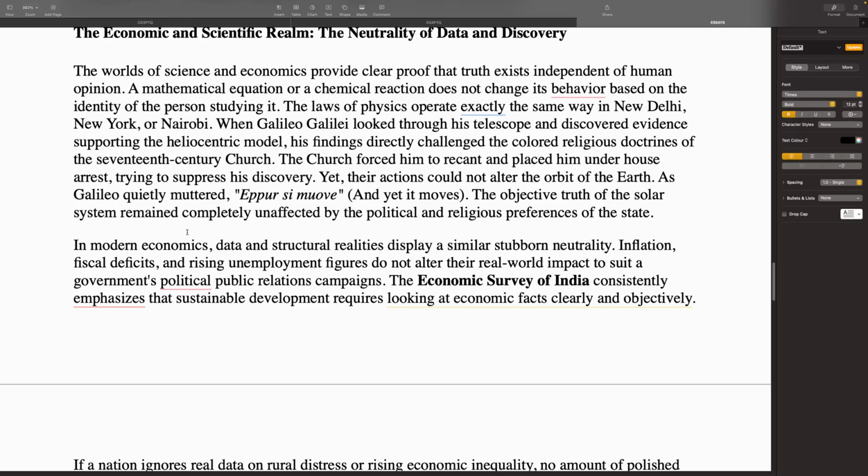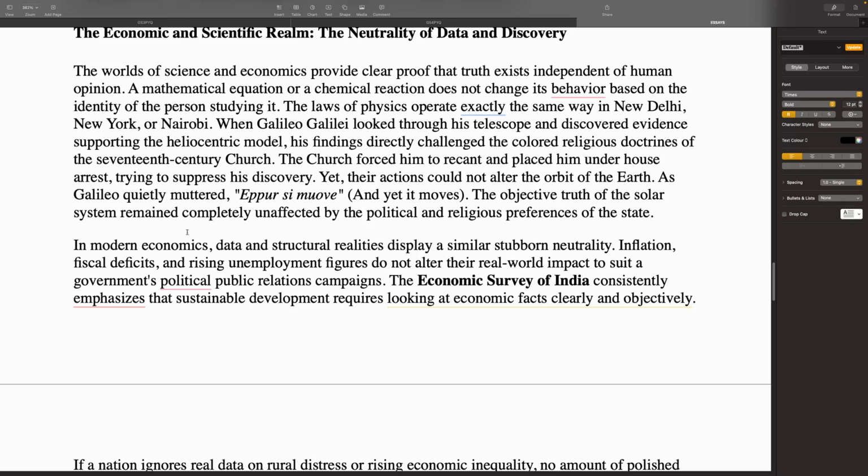When Galileo looked through his telescope and discovered evidence supporting the heliocentric model, his findings directly challenged the colored religious doctrines of the 17th century church. The church forced him to recant and placed him under house arrest, trying to suppress his discovery. Yet their actions could not alter the orbit of the earth. As Galileo quietly muttered, "Eppur si muove," and yet it moves. The objective truth of the solar system remained completely unaffected by the political and religious preferences